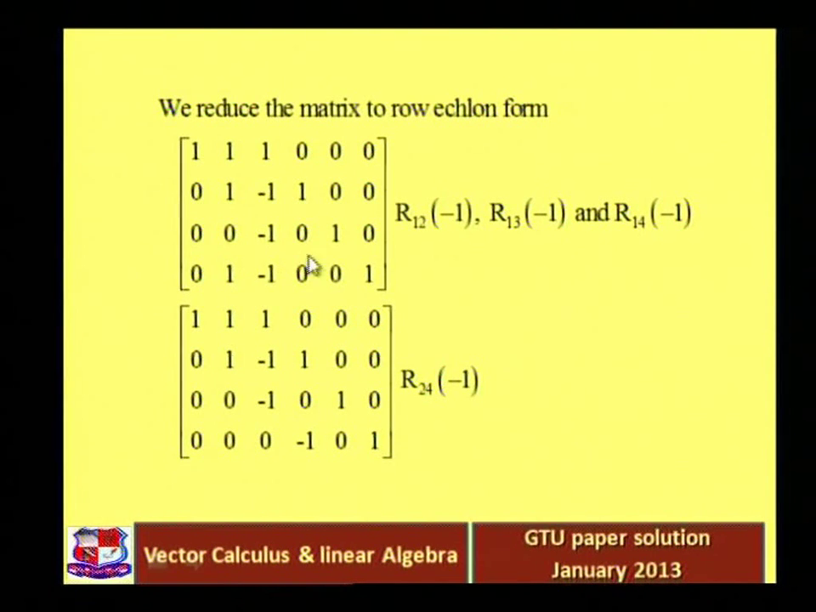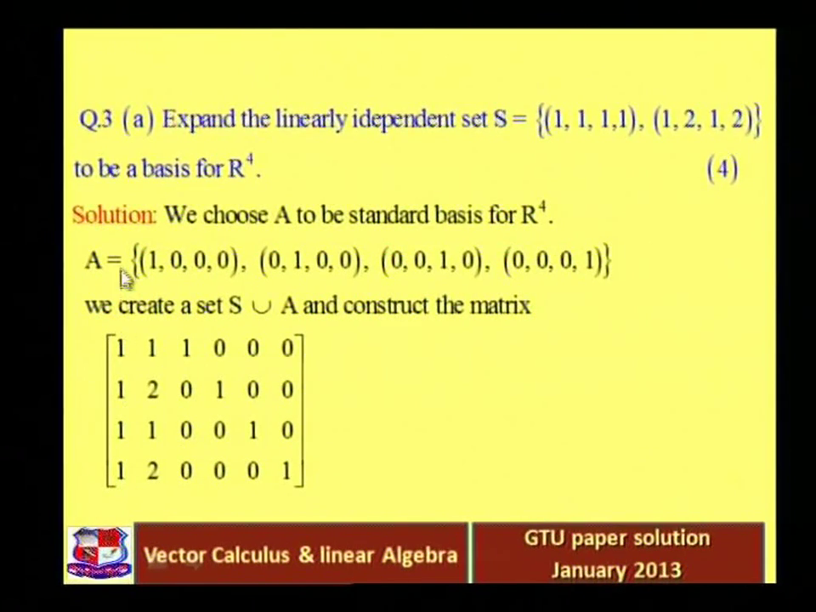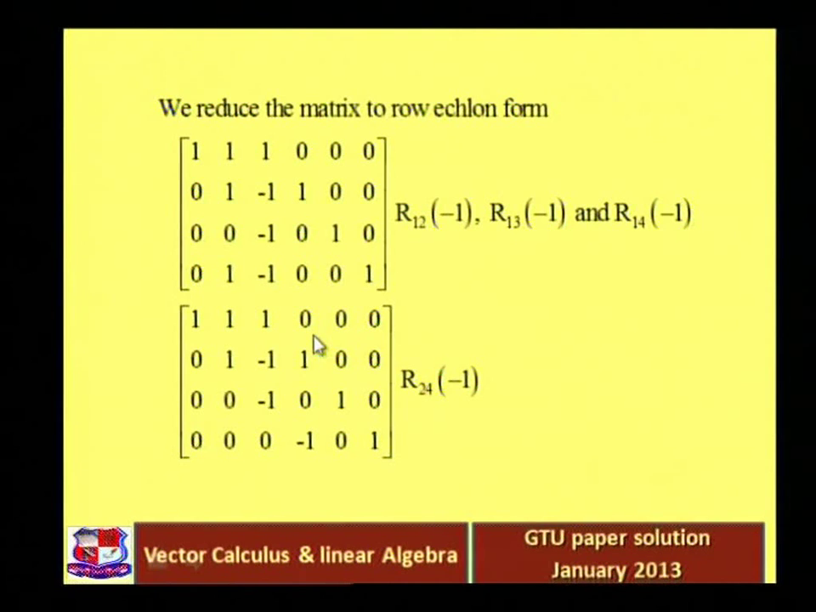0 minus 1 0 1 0, and multiplying the first row with minus 1 and adding into the fourth row. The fourth row becomes 1 minus 1 0, then 2 minus 1 1, and minus 1 0 0 1. So 0 1 minus 1 0 0 1. Now